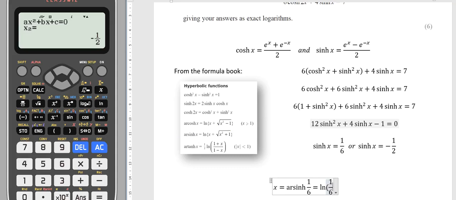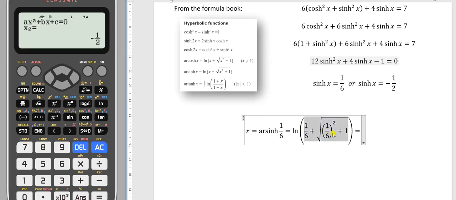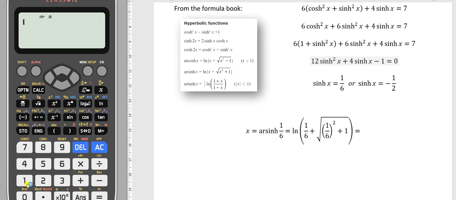We'll have ln of a sixth plus square root of 6 squared plus 1, which you can either simplify by hand or you can let the calculator help you out. Remember, the calculator is pretty good at dealing with most combinations of surds, so allow it to help you by simplifying things like this for you, perhaps a little more quickly than you otherwise could. Unless you delete everything along the way. 1 over 6 plus the square root of 1 over 36 plus 1, and 1 plus root 37 all over